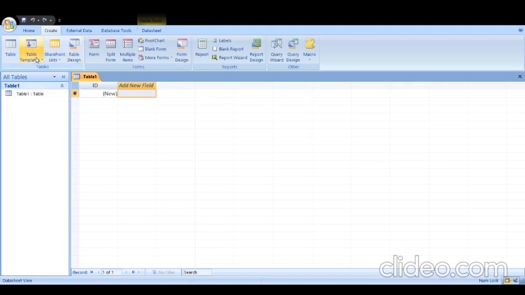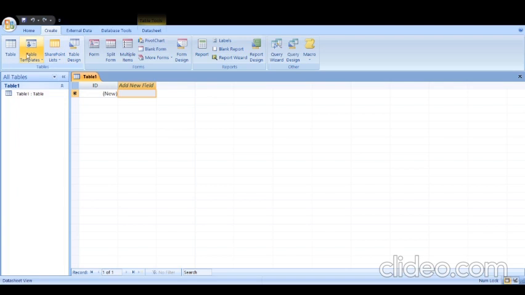First we will discuss the table templates, because we can create a table mainly in two ways, templates and blank database. What is the difference between template and blank database? Template means built-in templates, built-in formatting already done, everything is ready, the table is already created. You only need to fill the data in that template.